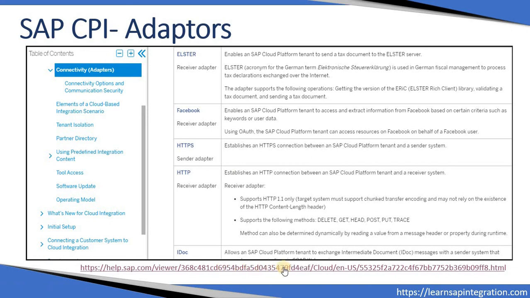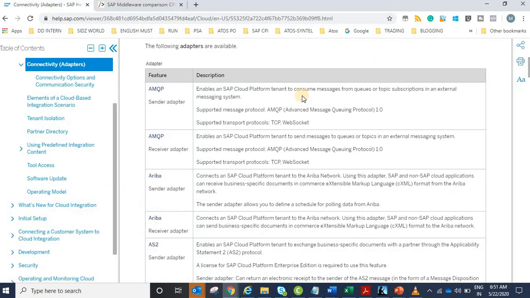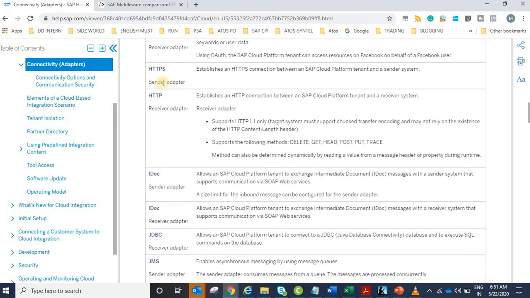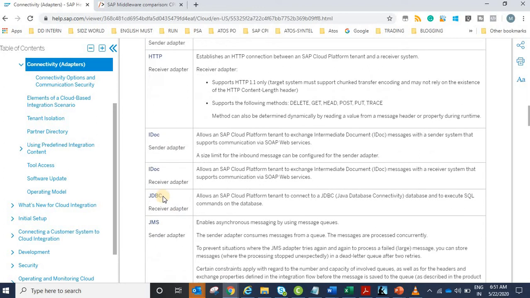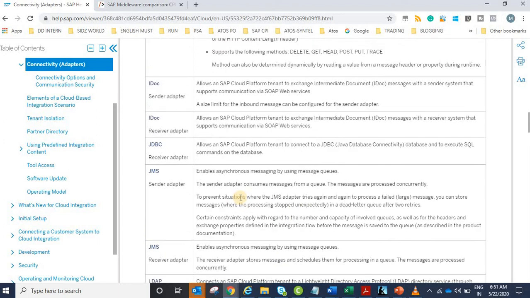I have given the complete details here. Maybe we can have a look. There are basic adapters like HTTP, HTTPS, IDoc, JDBC, JMS, everything is given. These are all available in PI and PO, its earlier version.